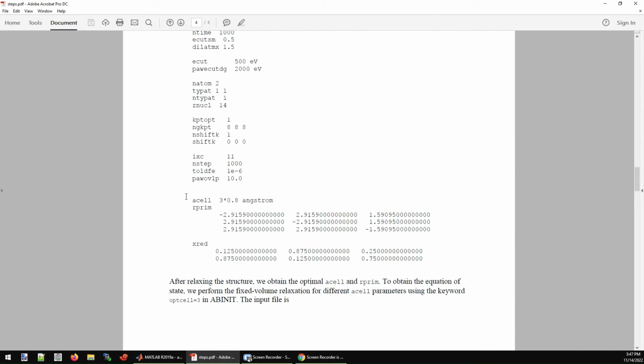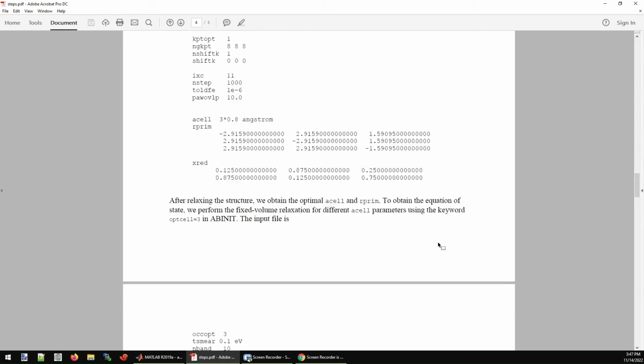And the initial geometry for the beta-tin structure is given here. Also, the positions of the 2 atoms inside the cell are given here as well. After relaxing the beta-tin structure, we need to compress or stretch the volume of the beta-tin structure to get the equation of state for